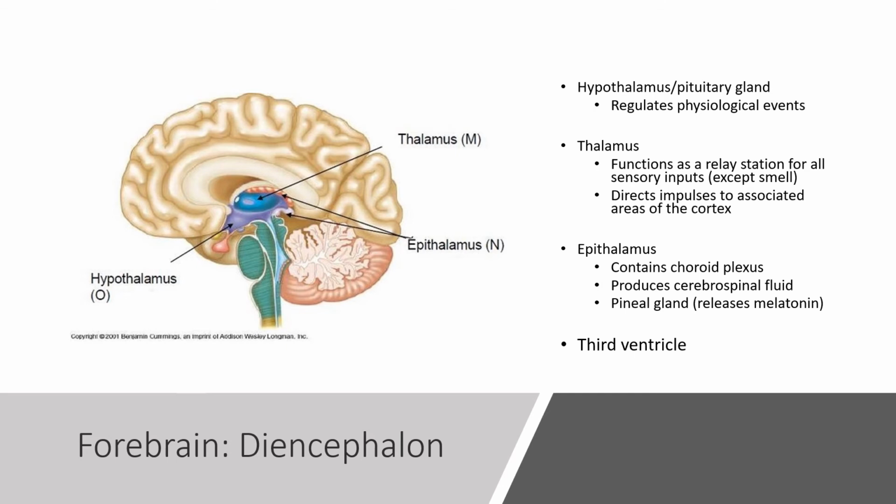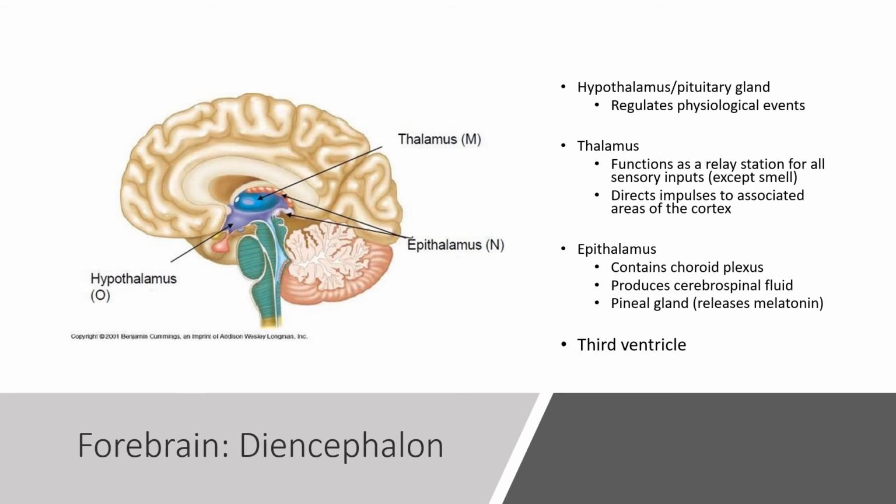Inferior to your hypothalamus is the pituitary gland, both of which are involved in endocrine function. The thalamus, once again, functions as a relay station for all sensory inputs, interestingly except smell. So your olfactory sensation pathway is a little funky compared to the rest of your sensory inputs, but almost all of your sensory inputs get relayed from the thalamus to the associated areas of the cortex, such as the primary